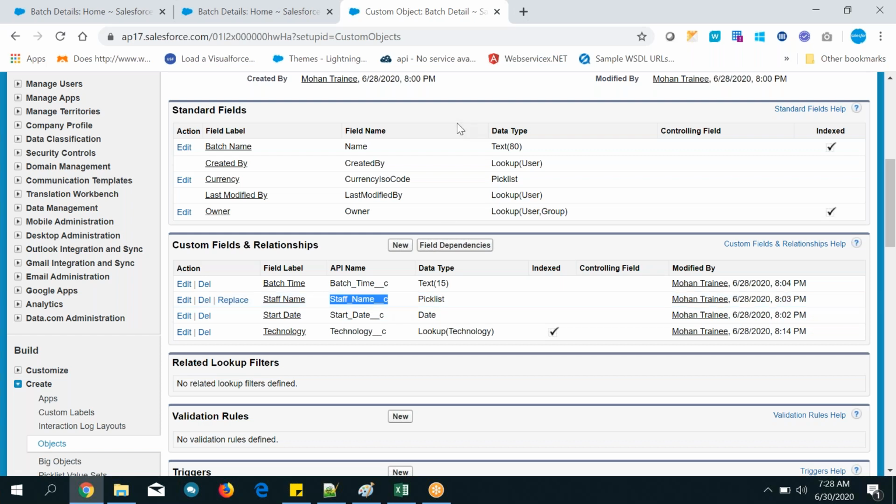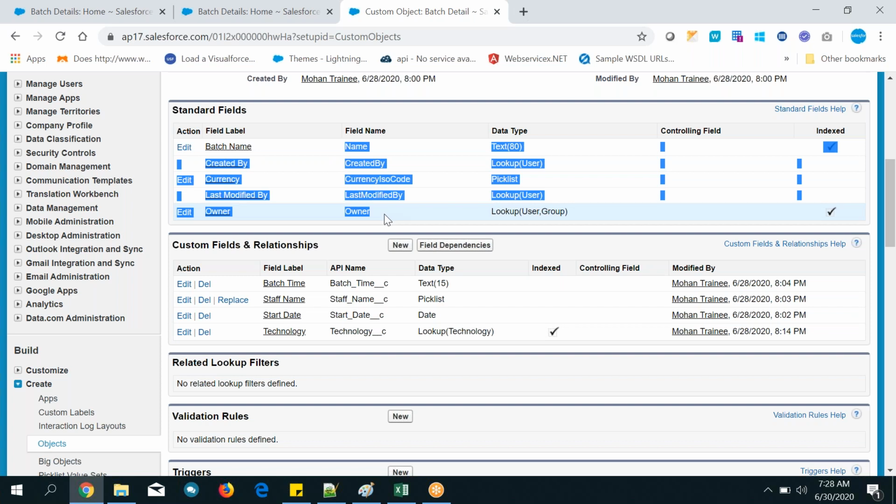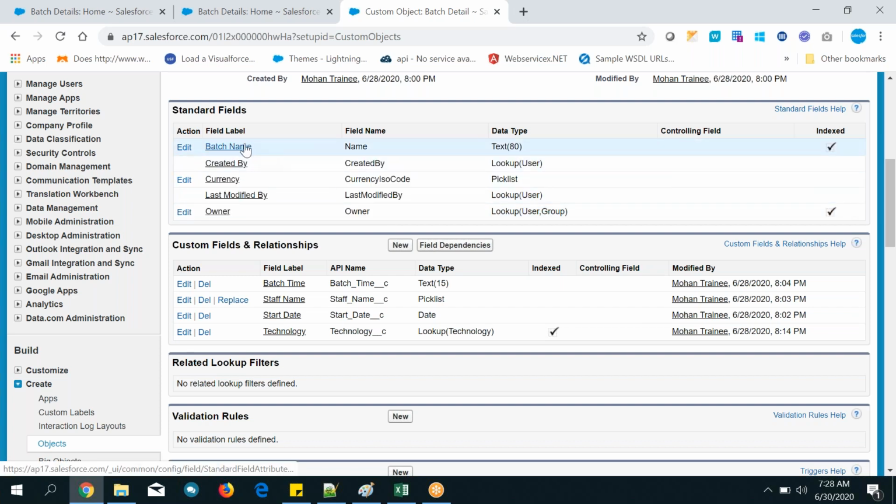First, in your question, your way of understanding is wrong. Whatever you are understanding, that is totally false. As I told you about the standard fields, you cannot change anything except the label name. You can't change the data type also. First point: how can you make this field a lookup field? First tell me.